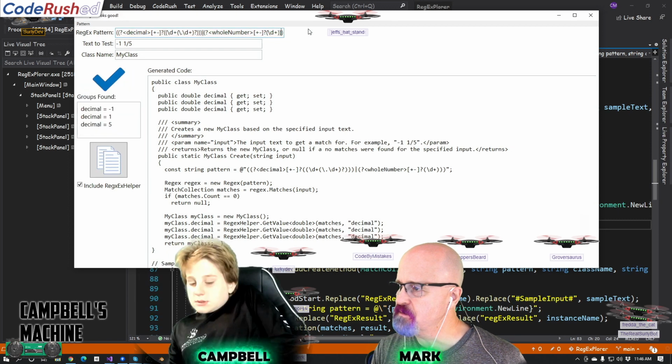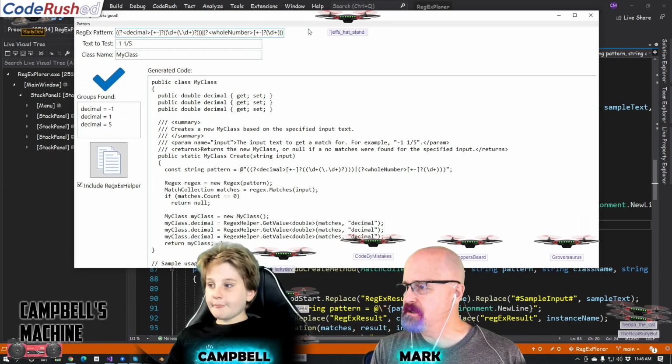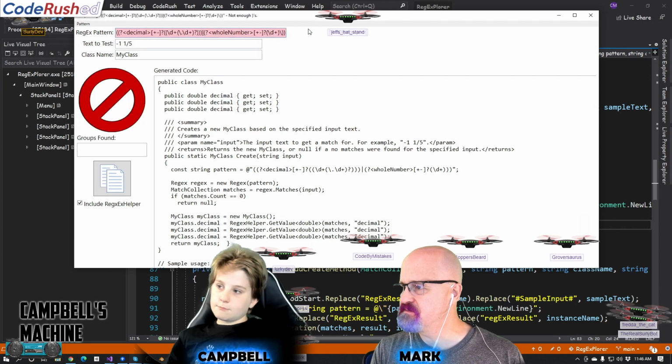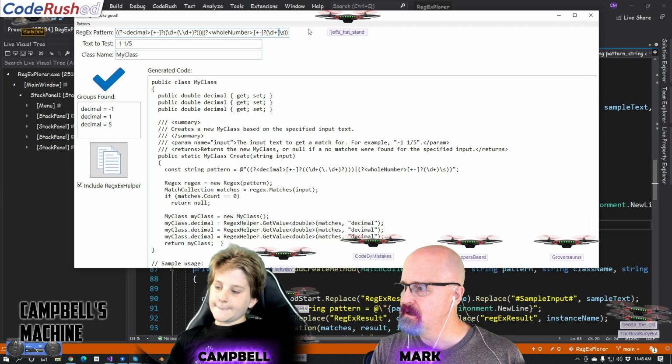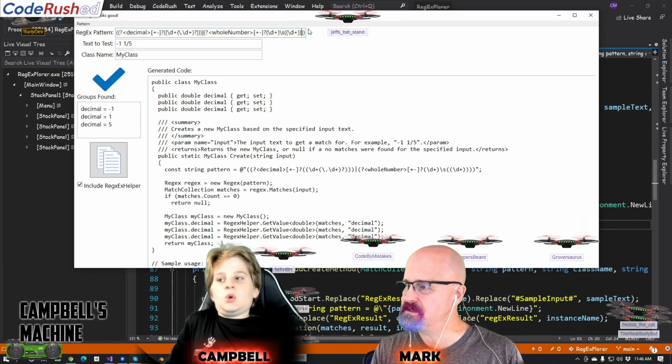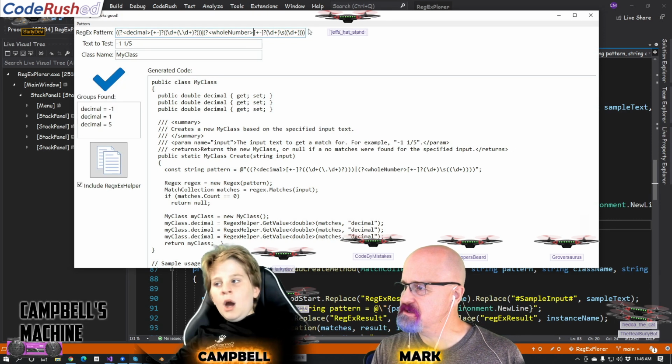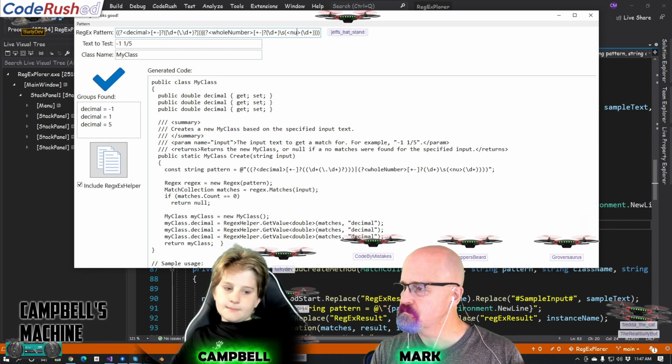I don't think I need these parens here. And then what I want to do is space, character, followed by another digit. And that digit, I'm going to put that in parens, and we're going to give that a name. This is going to be my numerator. Followed by